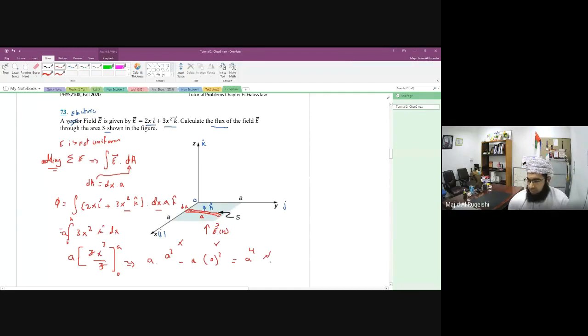So this will be Newton per coulomb into meter square. Always when you solve it and forget the unit, you lose half a mark and then you ask where it went, so never forget this in physics. So this is the electric flux. Until now, we solved two